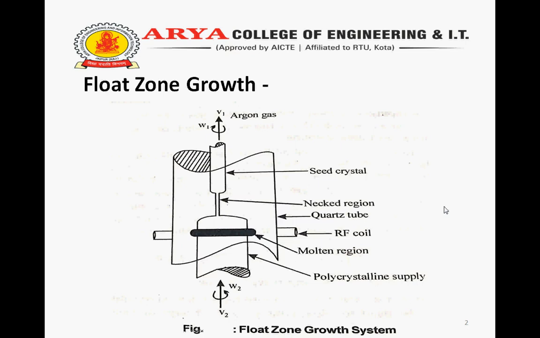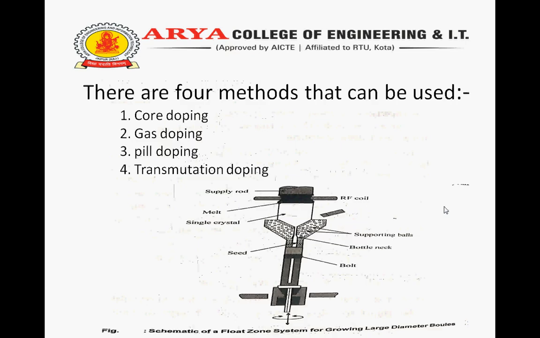Second is gas doping. Gas doping is accomplished by using gases like PH3, AsCl3 or PCl3. The gas may be injected as the polysilicon rod is deposited, or it may be injected at the molten zone during float zone refining. Third is pill doping. Pill doping is accomplished by drilling a small hole in the top of the rod and inserting the dopant in the hole. If the segregation coefficient of the dopant is small, most of it will be carried in the melt as it passes the length of the boule.